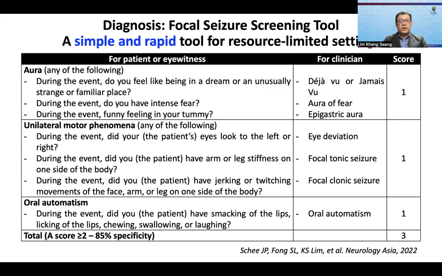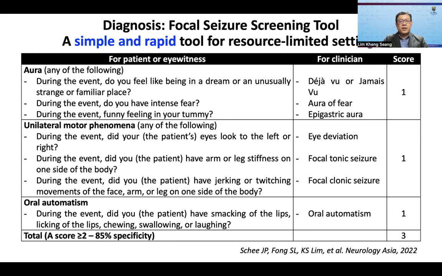Every column is given a score of 1, with a total of 3. So if a patient has any of these, déjà vu, fear, or epigastric aura, they will be given a score of 1. This scale is easy to apply because it has been answered by more than 100 patients on these items. However, be aware that sometimes patients may have abdominal discomfort due to peptic ulcer disease,